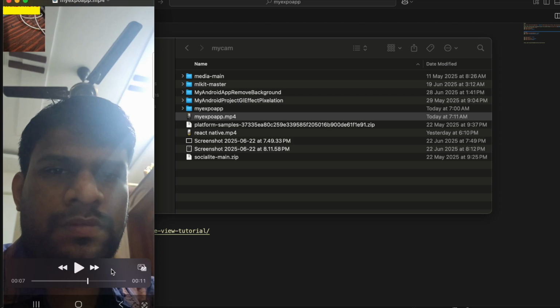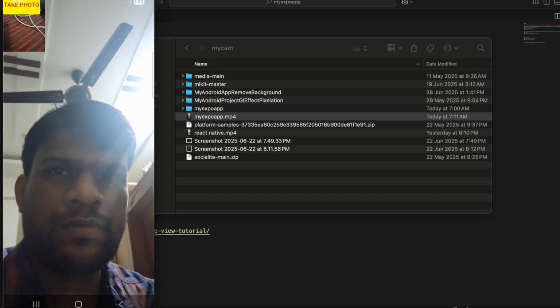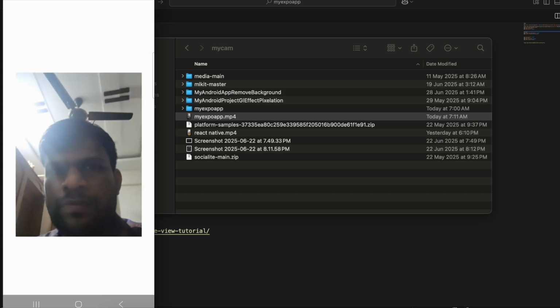I think the only solution would be to remove constraint layout, which I'm using, and replace it with either relative layout or frame layout, but I'm really tired to do that. So yeah, you can try it on your own. I'll just play the video. Here you can see I'm moving my camera and I have just clicked on take photo